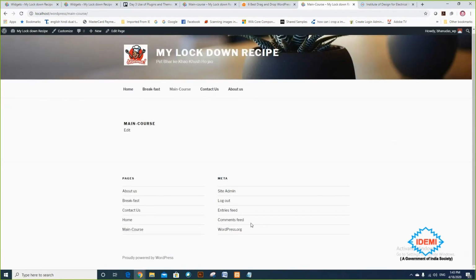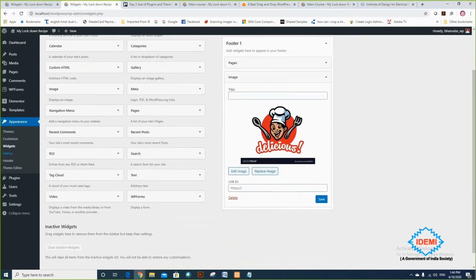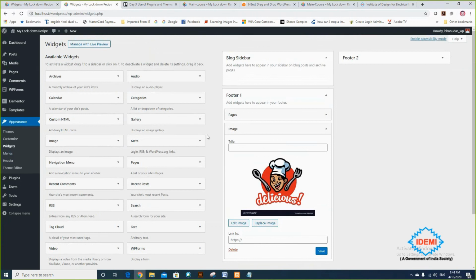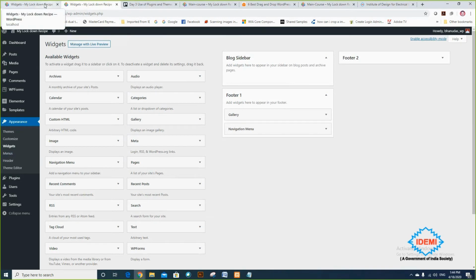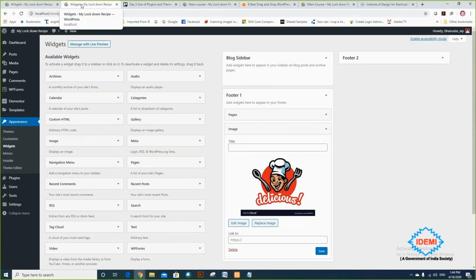This is footer 1 and this is footer 2. And footer 1 is showing all kinds of information. Okay. So you can create a widget and you can create a sidebar and you can drag and drop widgets inside the sidebar and you can create footer 1 and footer 2.